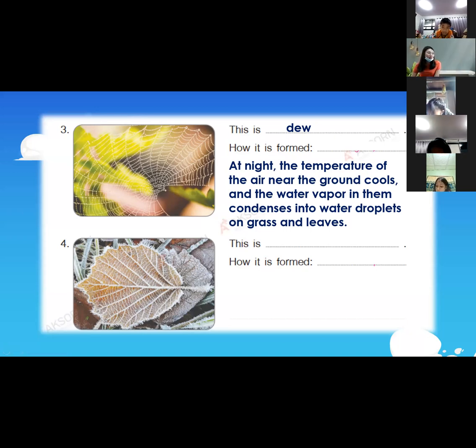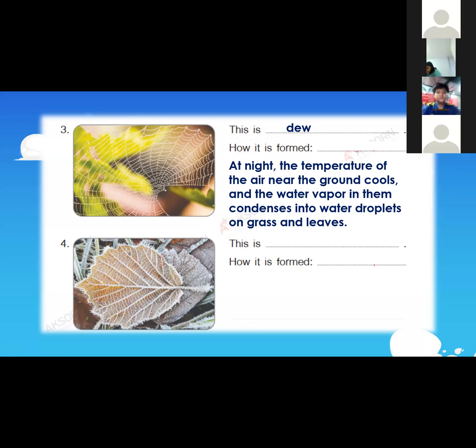Okay? And for the last one, I want Guy. Guy, could you please tell me what is the picture in number 4? As you can see, there is something on the leaves, right? How do you call this frozen water on the leaves?